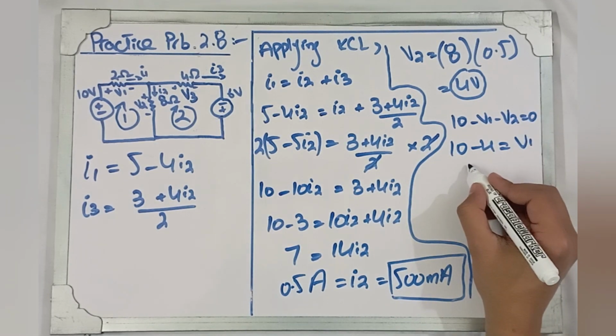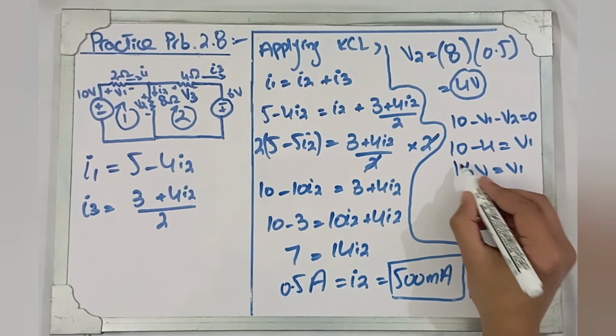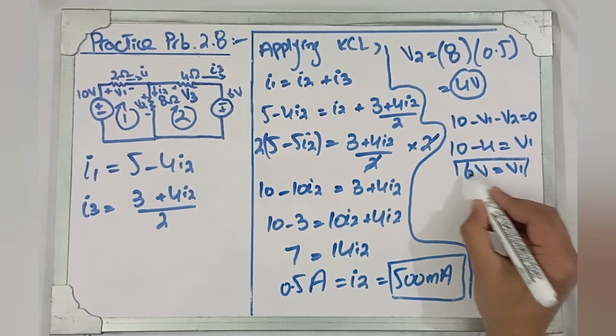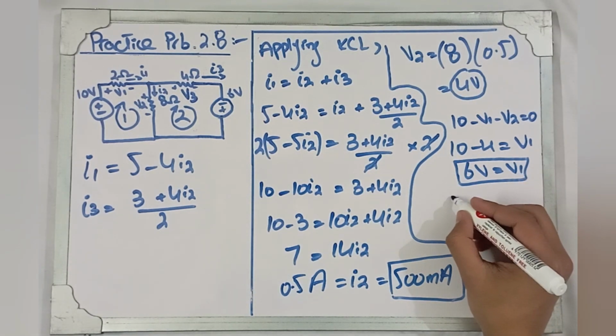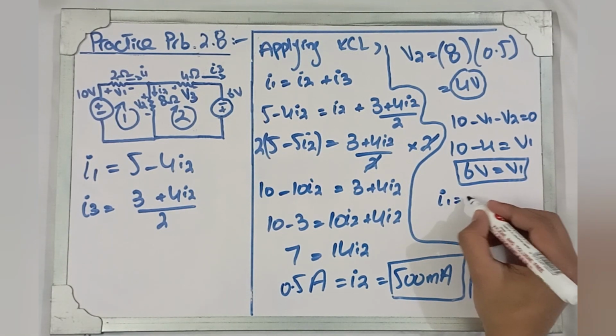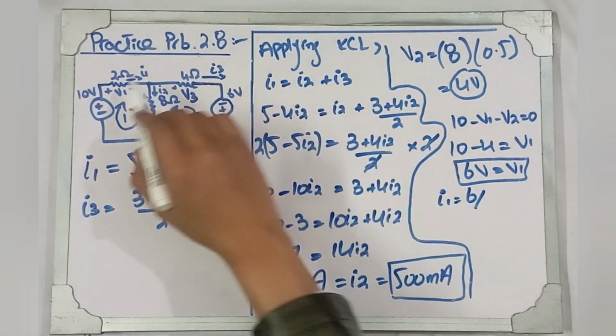So V1 will be equal to 6 volts. Now we will find the value of I1 by simply applying Ohm's law again. So I1 will be equal to 6 divided by 2,